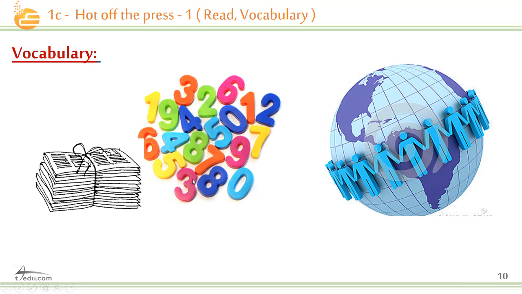We have here numbers and we have copies of magazines. So what do we call this? It is called an issue. Yes, an issue. When I say the next issue, it means the number of copies. The first issue is the first copy. The second copy is the second issue, so we have the number of issues. We have a different serial of numbers. Yes, very good.